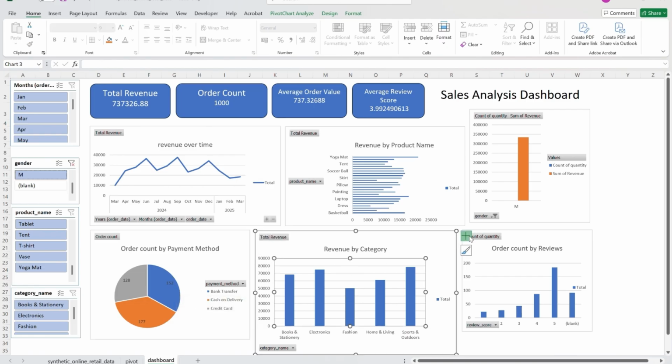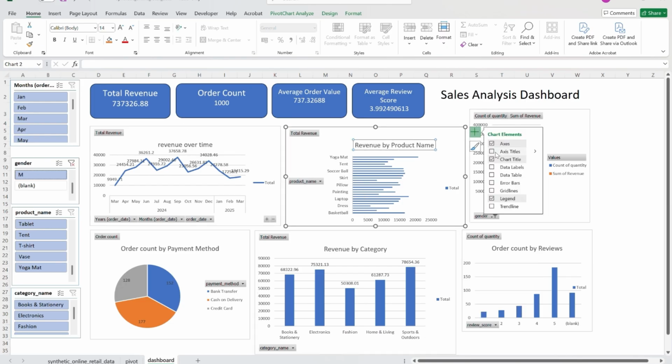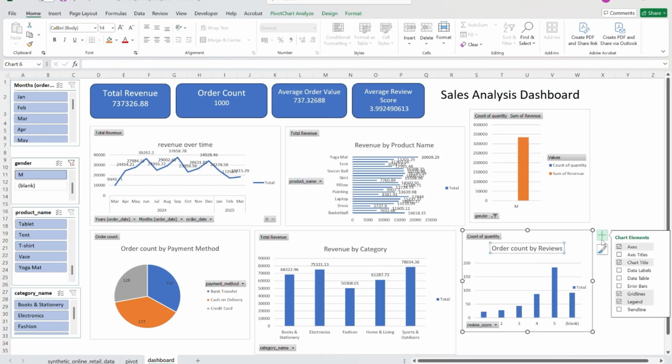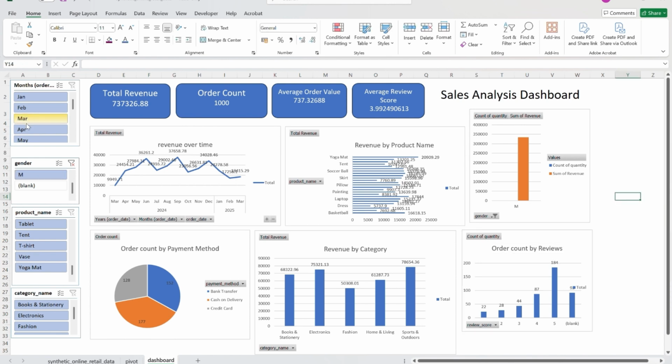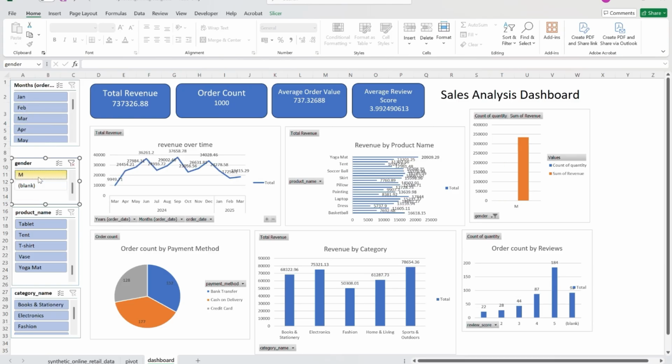And similarly, let me show the data labels in this case as well. Simply turning on the data labels. Okay, so if I just remove this filter, for the male and for the female, it is showing, as you can see, the order count is 304, 322 and 374 by the payment method. And if I simply click on this slicer and choose the gender for male,